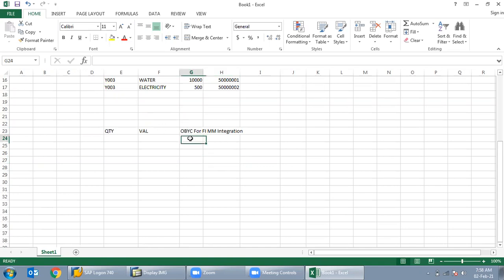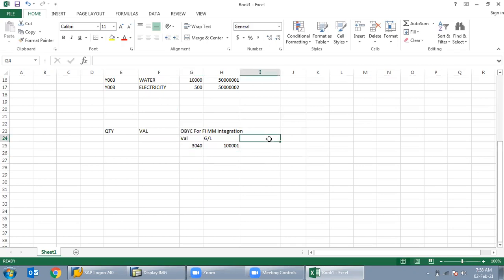In that T code, what we do is map a valuation class and GL. Suppose our valuation class is 3040 and GL is 10001. That is our GL, I mapped.